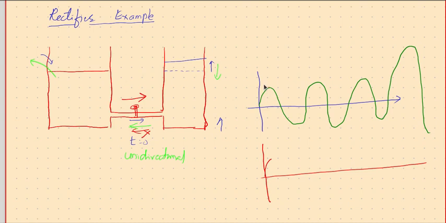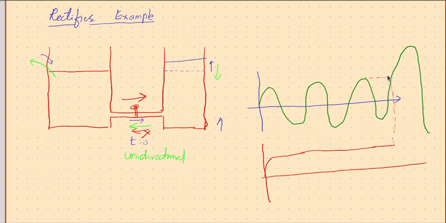When it reaches this peak, then the left-hand tank height reduces below this level, and the wall cannot allow water to flow back, so it remains constant. Though this side's water level is low, the wall is not allowing water to flow back, therefore this is not going to reduce its magnitude. The height of this water is going to remain constant, and this happens till you reach this point.